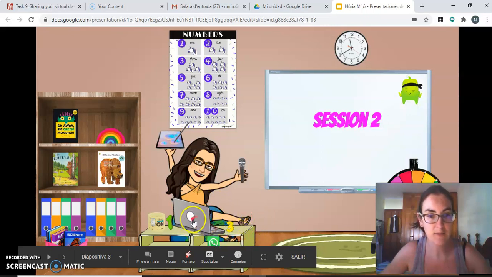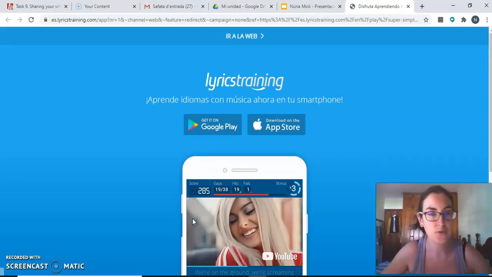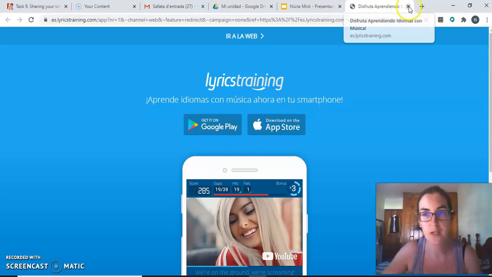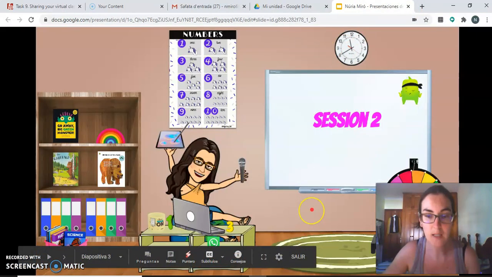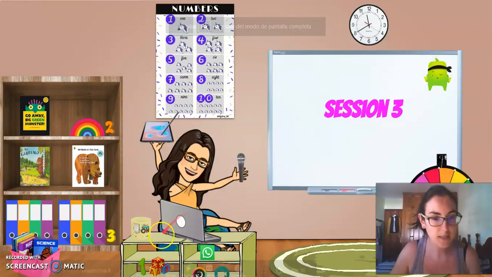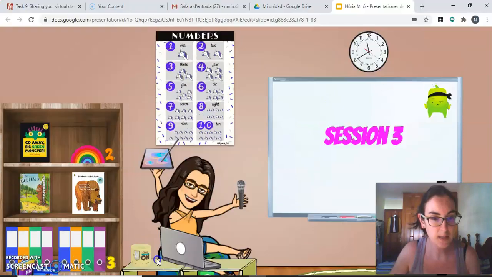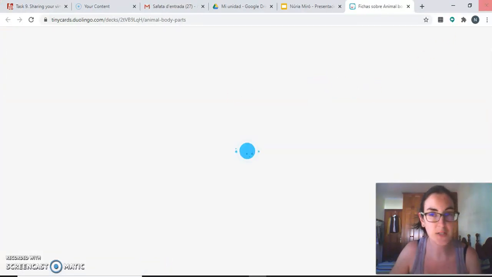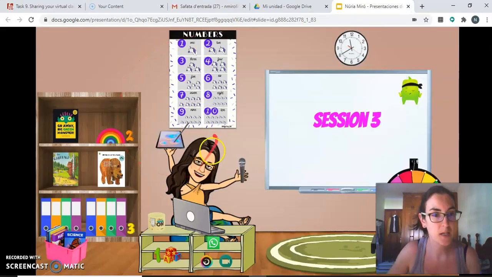And finally, in activity number 3, which is on the computer, it's a lyric training activity in which you will have to play. You have 2 options. You can type the missing words, or you can choose among different options to complete the song. Then in session number 3, the first activity is here hidden, and it's also an activity using flashcards about